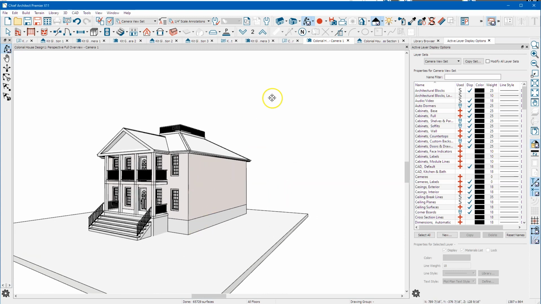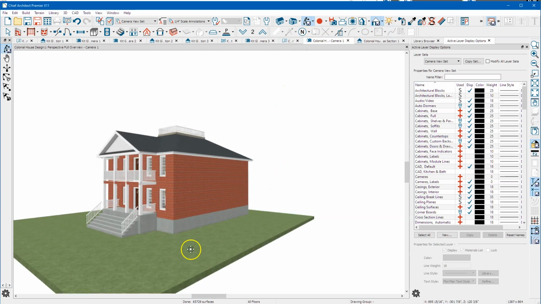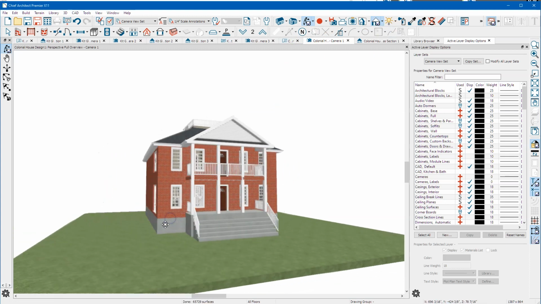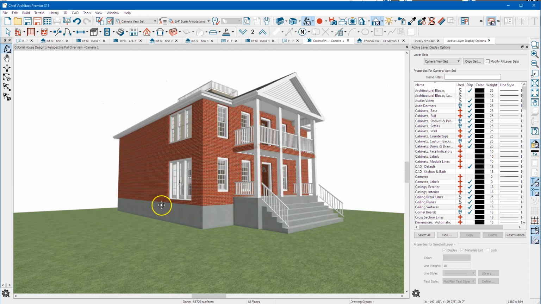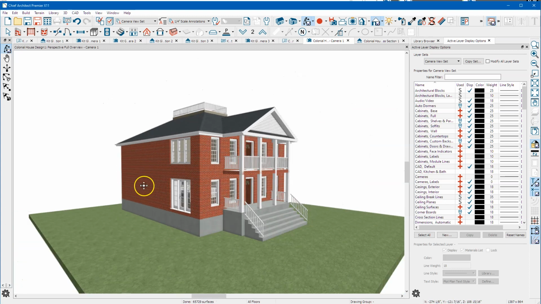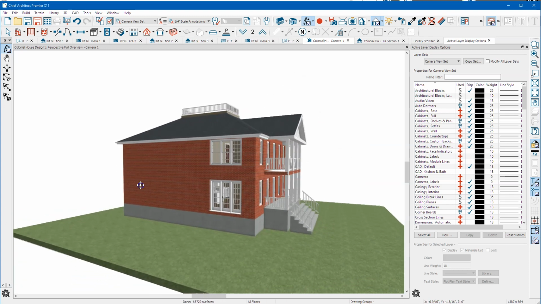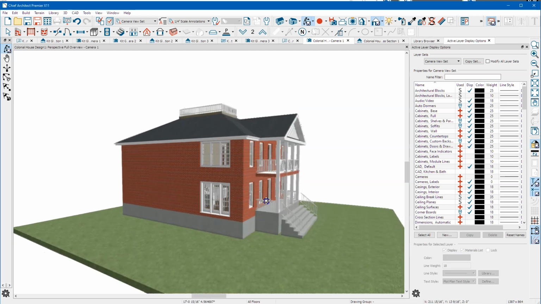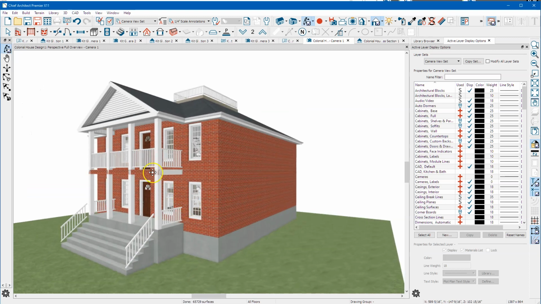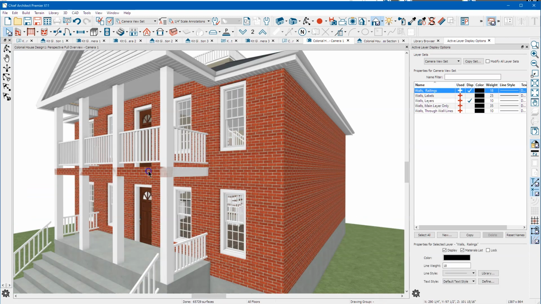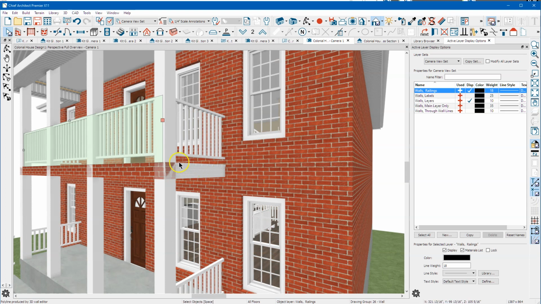I'm guessing that you're going to want this foundation to be brick. There's a trick to that. And I think I might have a video on doing it. I'll see if I can't find that. Also, I notice you've got brick. You've got brick across the face of this, and it looks like you've got brick over here too, so